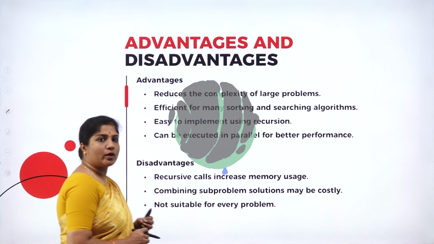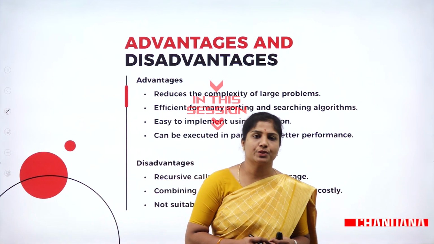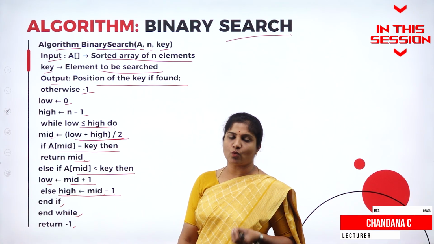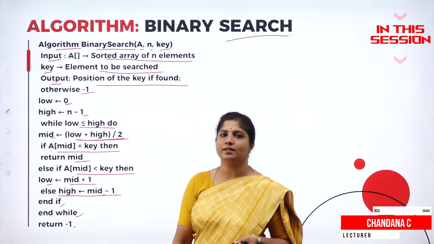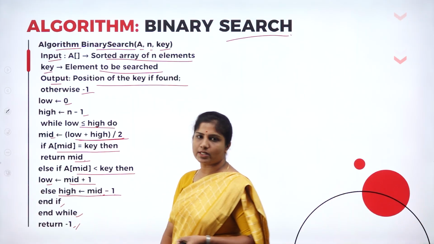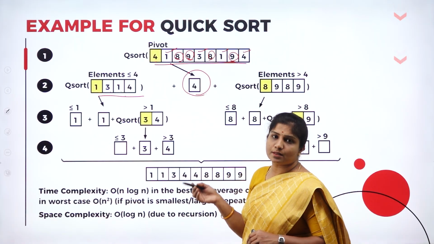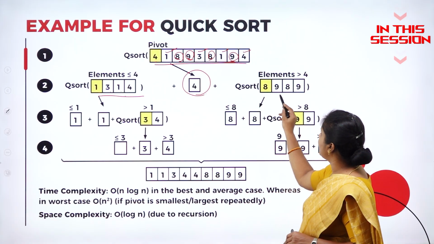Next, let us look into what are the advantages and disadvantages of this divide and conquer technique. Not at all present, the key element, what you are searching for. If not at all present in an array, then return -9. These are greater numbers than the 4. Hence, they are placed on the